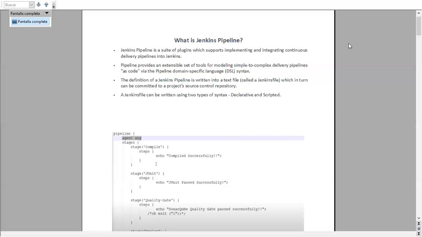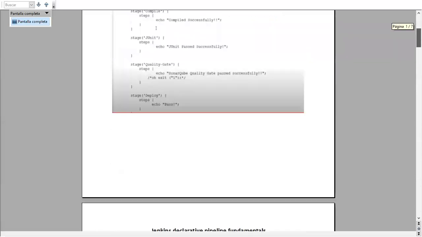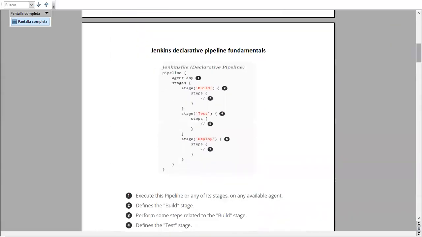Okay, so let's see how the syntaxes are for declarative and scripted pipeline. As you can see, this is the syntax for declarative pipeline. Declarative pipeline will start with the pipeline syntax. Then we have agent.